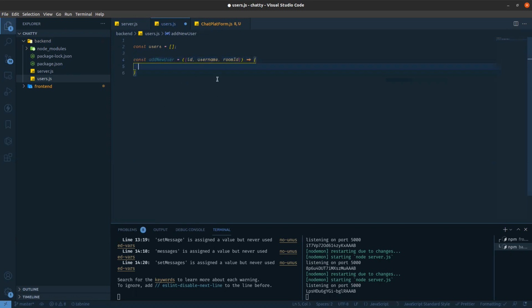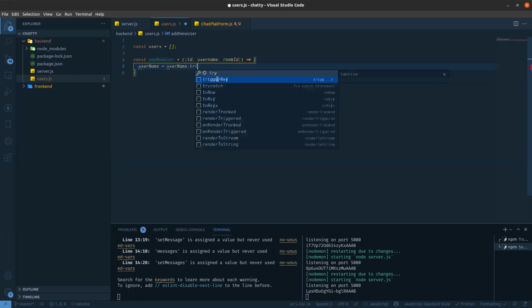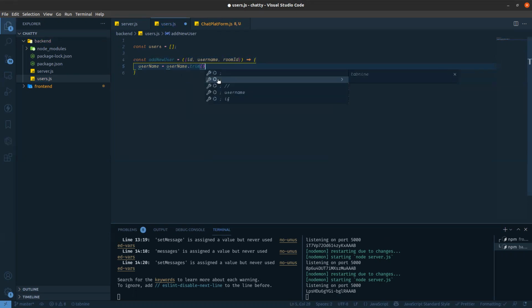So first username equal to username dot trim, first removing all the spaces, and then converting to lowercase. The same thing for room ID.